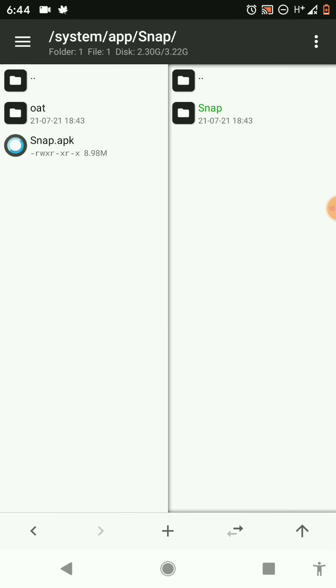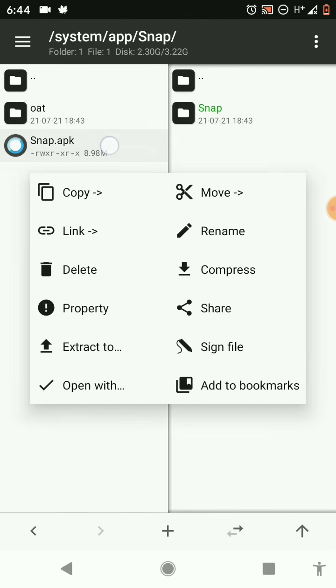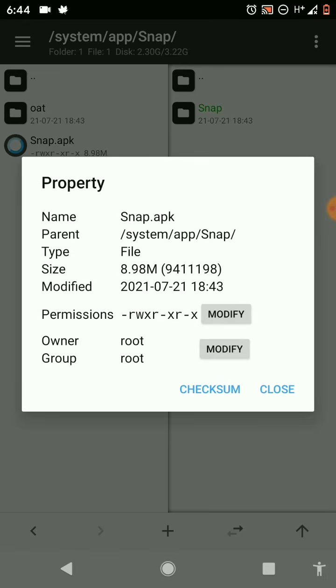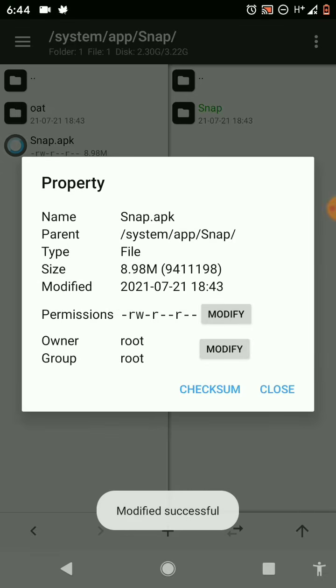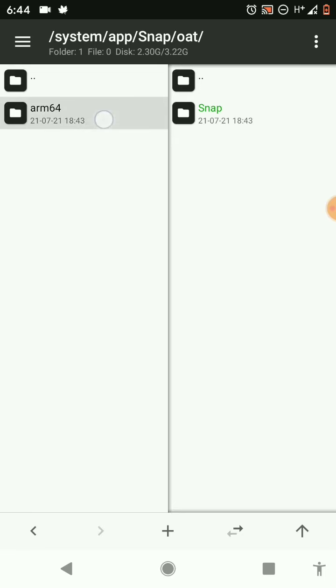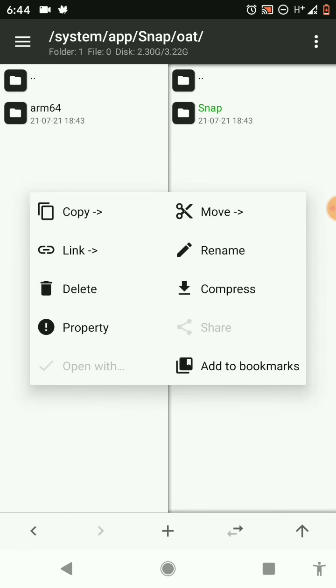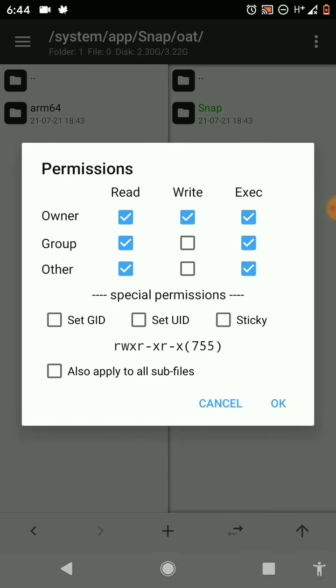Now go to snap and set the permissions by following me. Turn off these ticks, select this. You need to be in the root directory here. You need to set up the permissions for this folder.